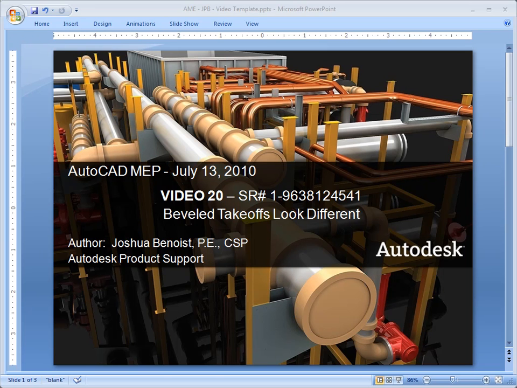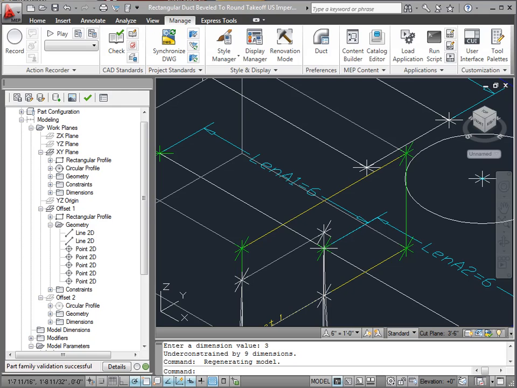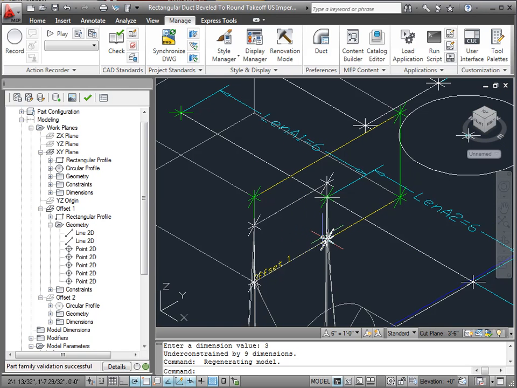We're on video 20, where we're talking about beveled takeoffs. Here's a quick problem statement, and pause the video if you need to read that. Okay, so we made an interesting discovery here. Our points are not staying fixed with these points on that work plane, so I think we can fix this